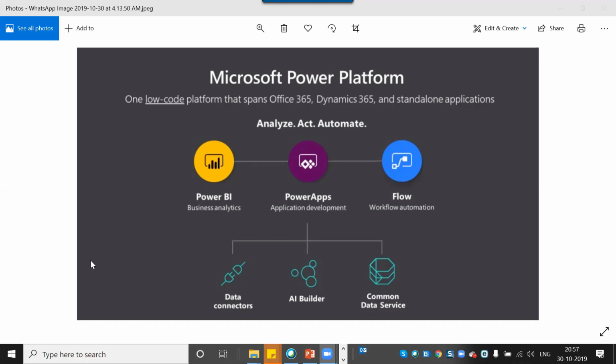Logic Apps is like the big brother of Microsoft Flow. They share the same workflow designer and the same connectors, so you can start with a flow and then convert it into a logic app as complexity increases. One benefit of Flow is that we have 200 connectors,